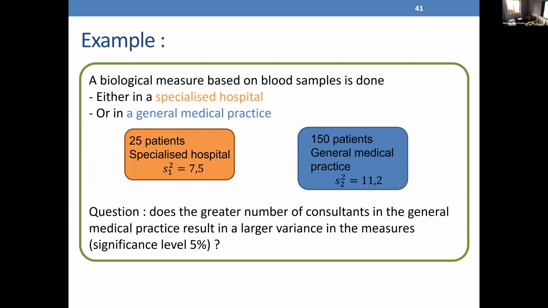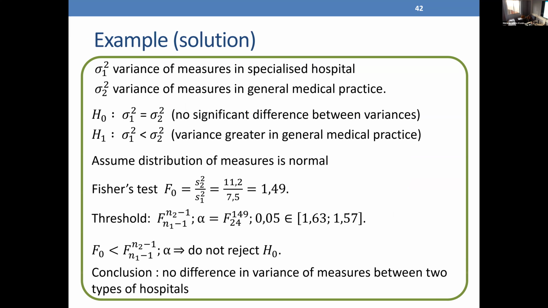Okay, what did you find then? Did you find 1.49? Yes. So, one thing I told you right at the beginning when we spoke about the different